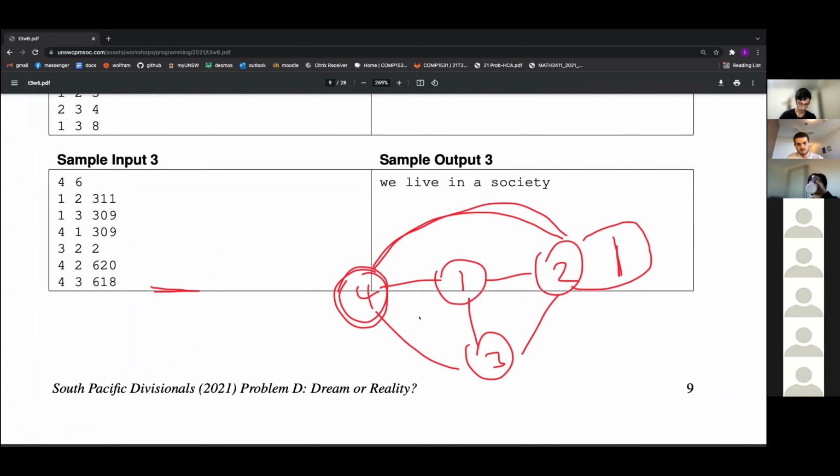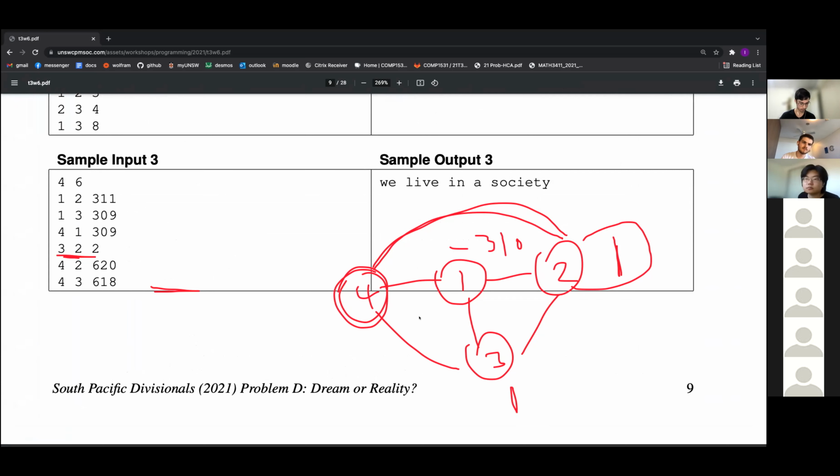Yes, it's negative 310, and that satisfies that. And then I can do some more. So 1 to 3: 3 minus 1 has to be 309, and so that one would have to be 1.